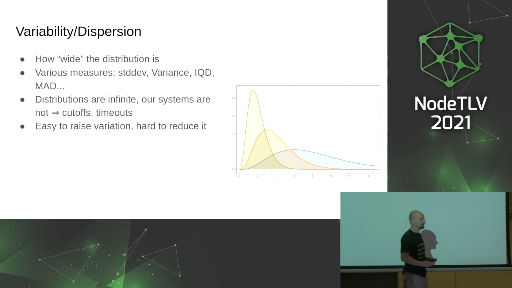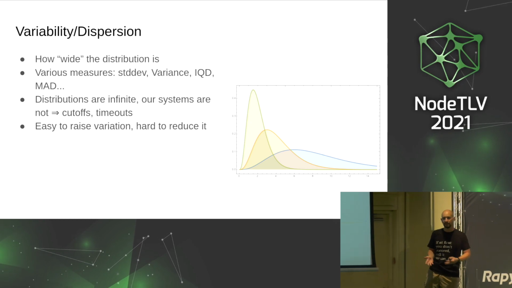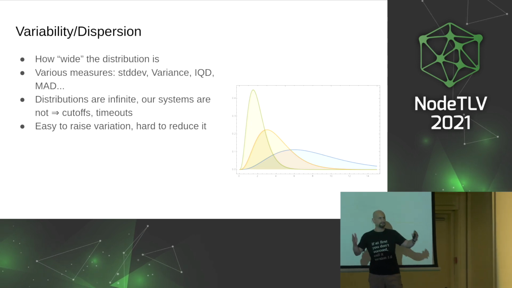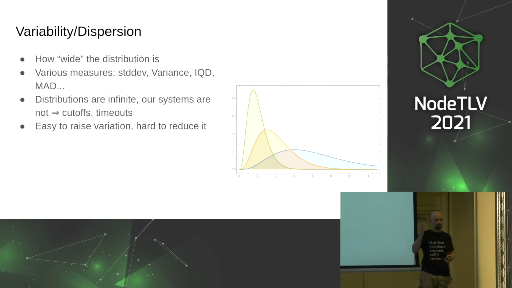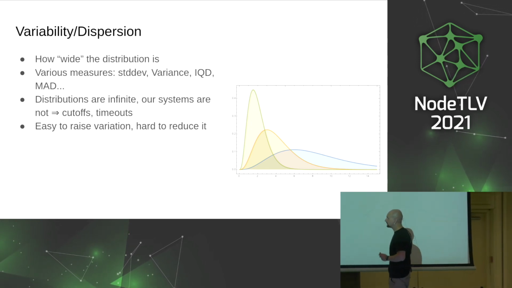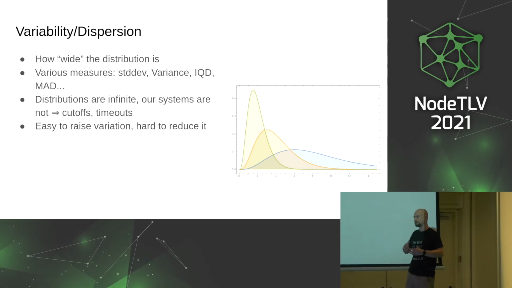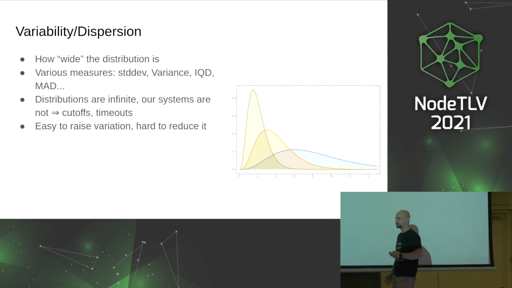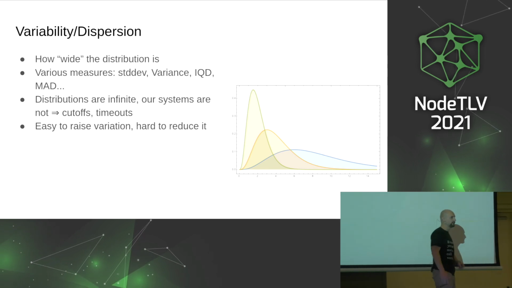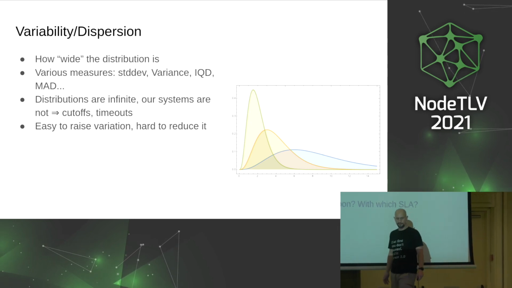Distributions in general are infinite. But the systems that we deal with, computers, are not infinite. Every time that we get a number in our computer, if it's an integer, it cannot be larger than the maximum integer. If it's something else, there's always a limit. Why? Because memory is not infinite. So what do we do with infinite numbers that don't fit in our memory? We trim them. This is how we get errors, basically. We have cutoffs when something is out of range. And we need to remember this, because distributions are infinite, which means that we will always get some errors, or something that wraps around, or anything of that sort.